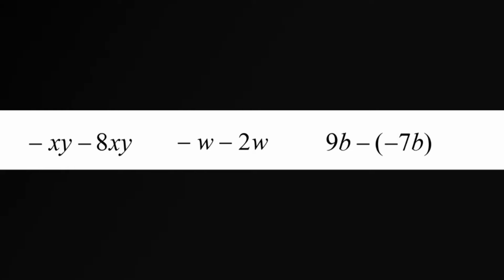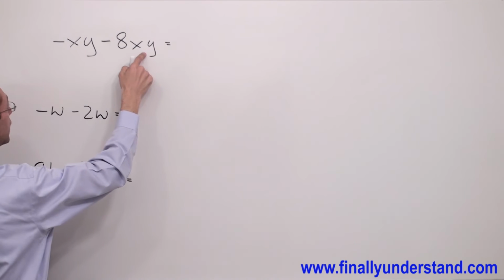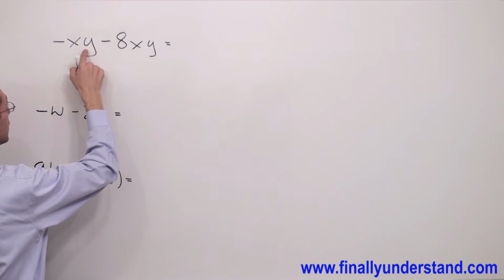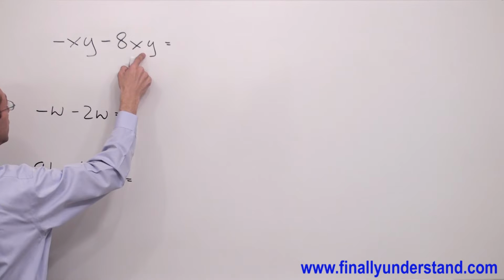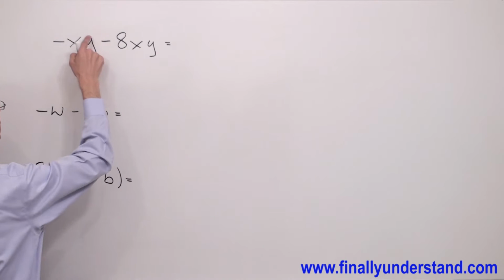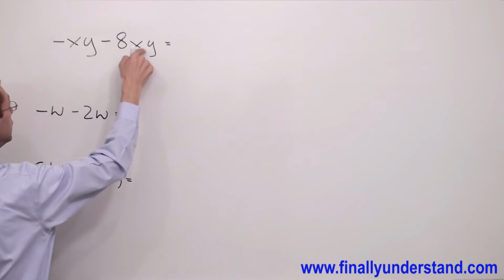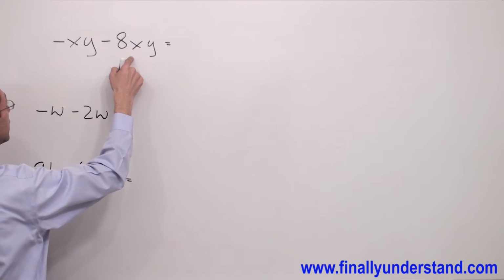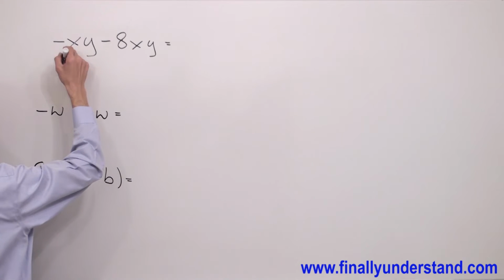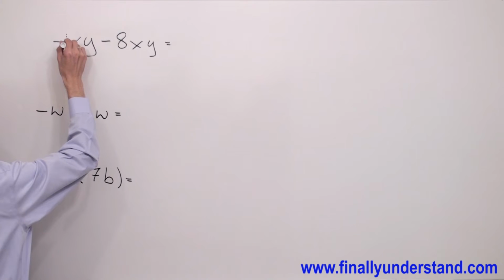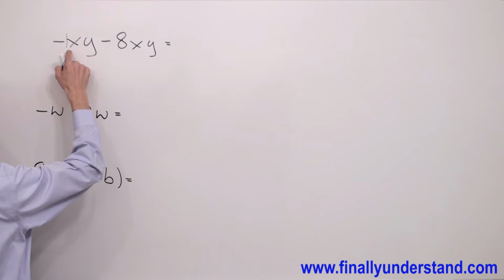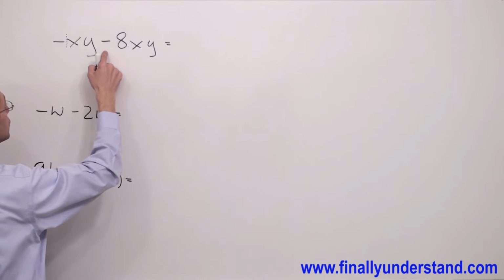Let's take a look at the first example. I have xy and xy. These two variables are identical. That's why both of them make this term and this term like terms. Remember, anytime I do not have any factor on the front of the product or variable, there is always an invisible one. So I have minus 1xy minus